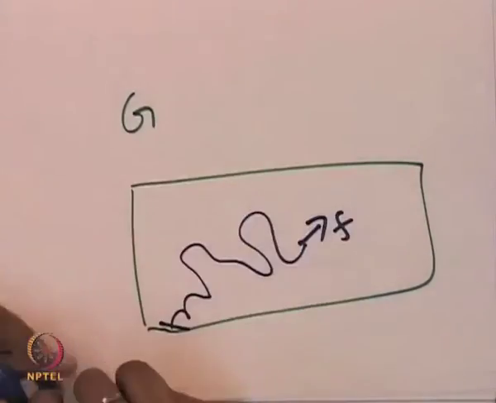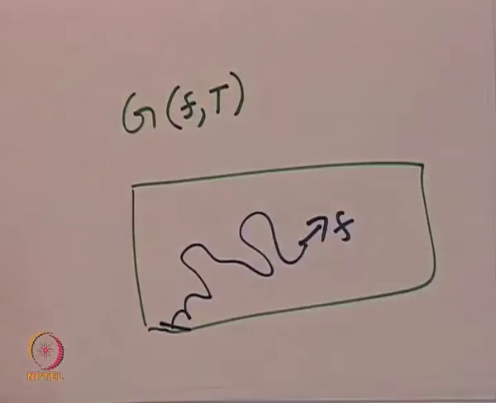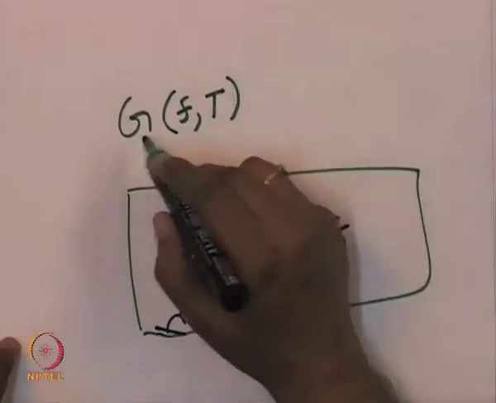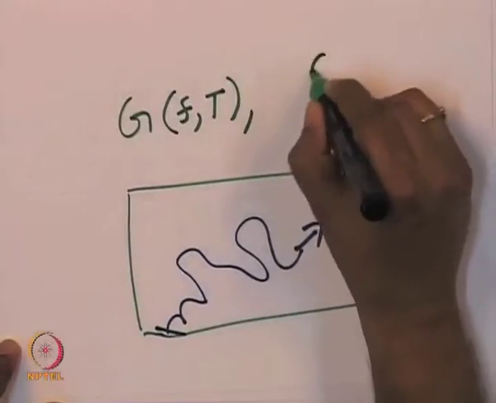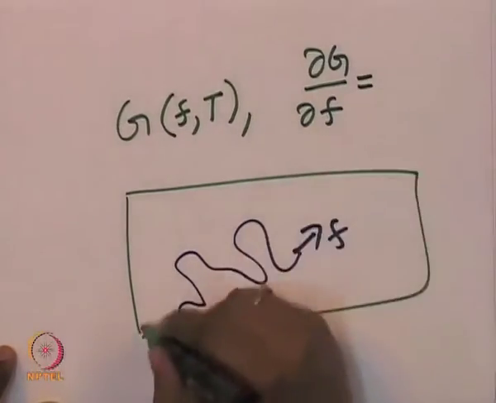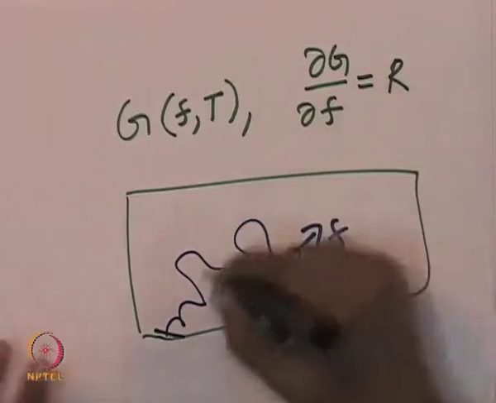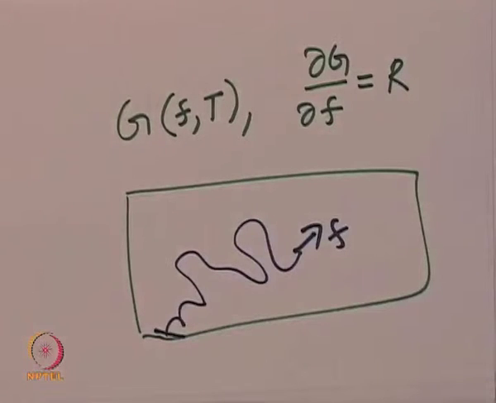What you will be calculating is the Gibbs free energy, because you are calculating it at a given force and a given temperature. And it turns out that if you know this G, by taking the derivative del G by del F, you will get this end to end distance r along a particular axis. So, knowing the free energy, by taking the derivative of free energy, we can get all measurable quantities.